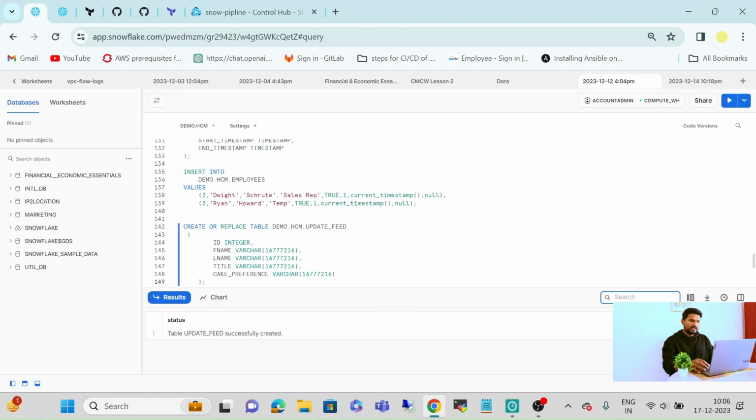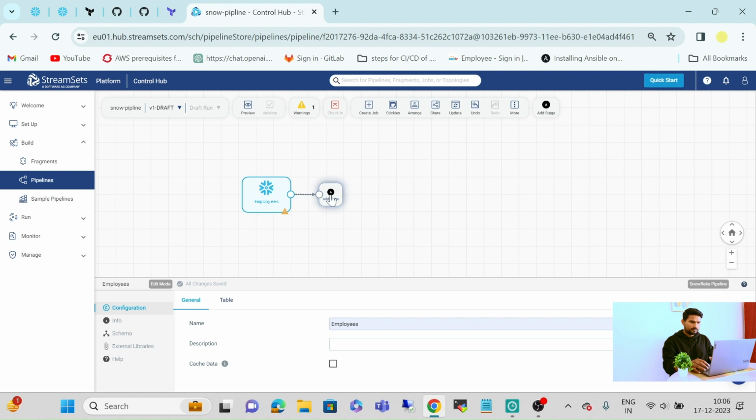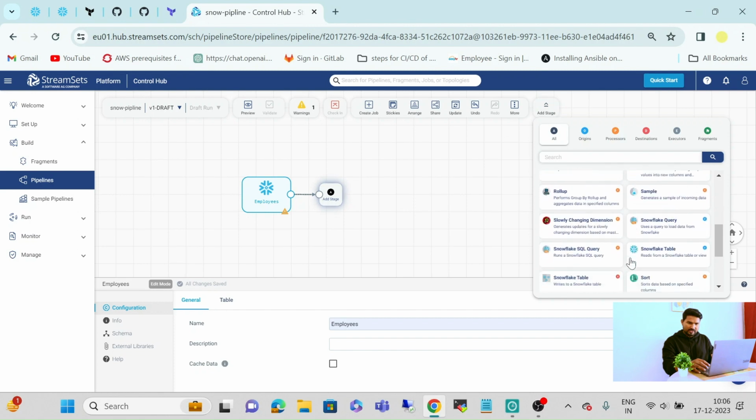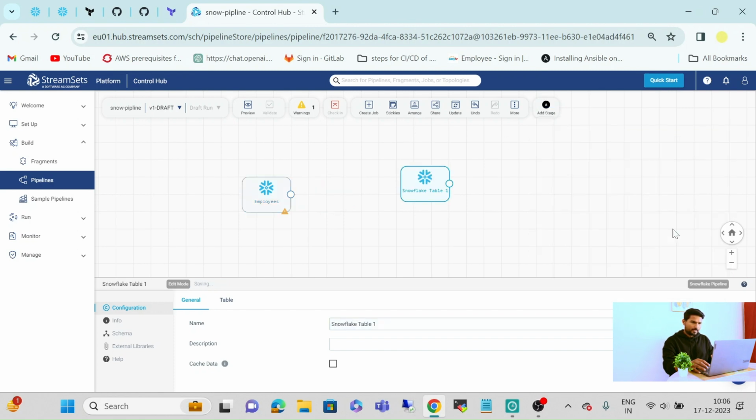And we will call it update feed. So simply go to your StreamSets account. In the upper right corner, click on add stage and search for Snowflake table here. Put it right here below your employees table and name it